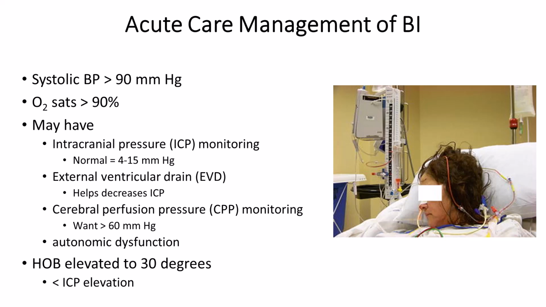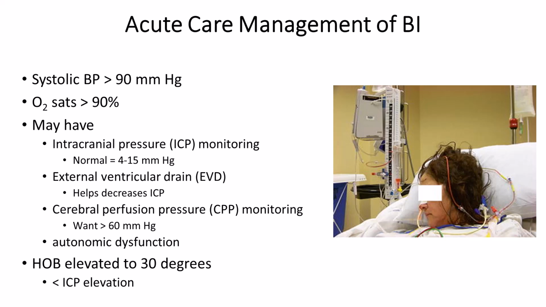Another monitor they might have in place is a cerebral perfusion pressure monitor, or a CPP. When working with this patient population, you want the CPP to be greater than 60 millimeters of mercury, and the cerebral perfusion is monitoring nothing more than the amount of pressure promoting blood flow in the